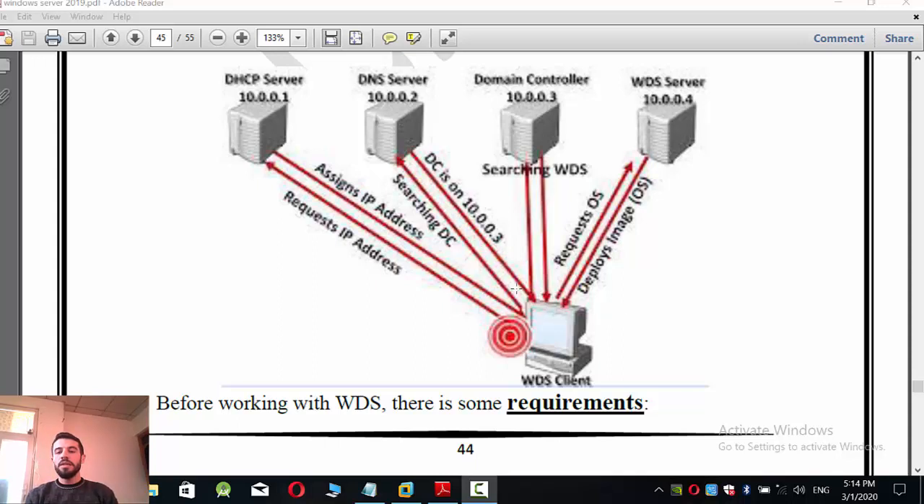After that the client goes to the domain controller and searches for the service. I need WDS. WDS is installed with the domain controller. The domain controller returns: yes, I have WDS here on the server. Now the client requests the operating system from the WDS server. After that the WDS server responds and deploys the operating system by the ISO image. So for this operation we need the domain controller, the DNS server and